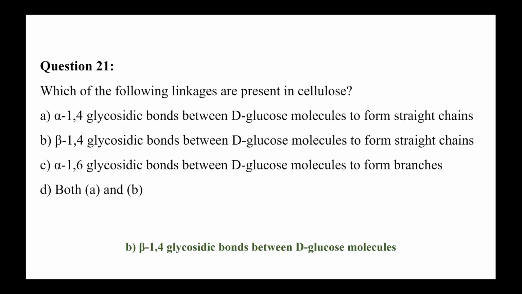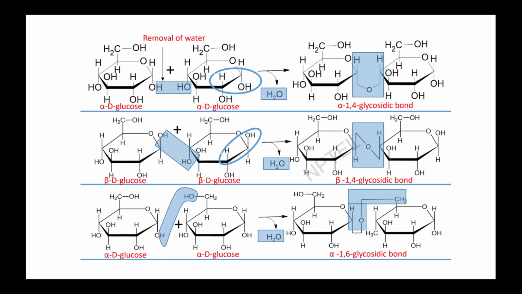So the correct answer is option B. Beta 1,4 glycosidic linkages are present in cellulose. Cellulose molecules are straight chains. Here you can see the types of linkages. If I number these carbons, this will be the first carbon, second carbon, third carbon, fourth carbon, fifth carbon,